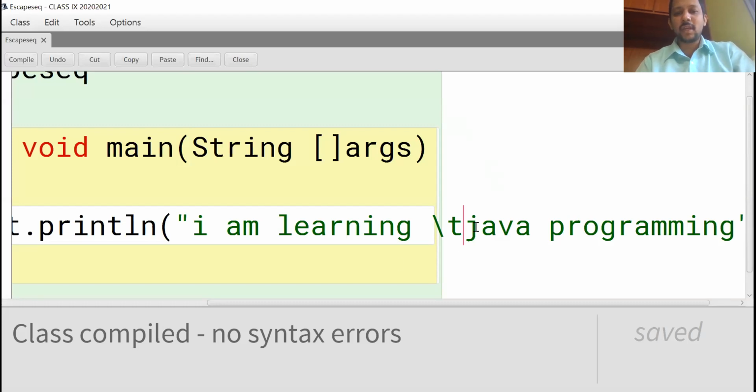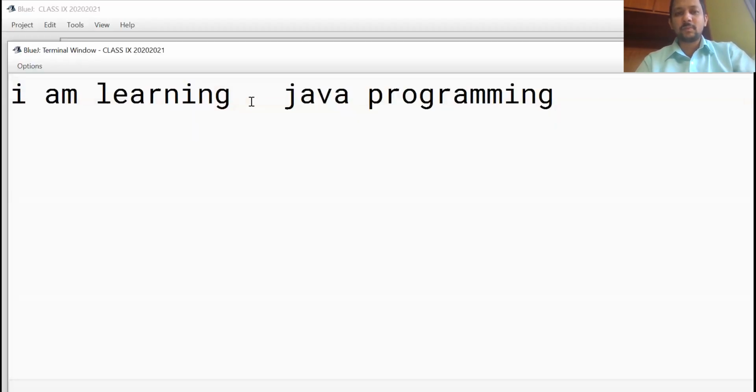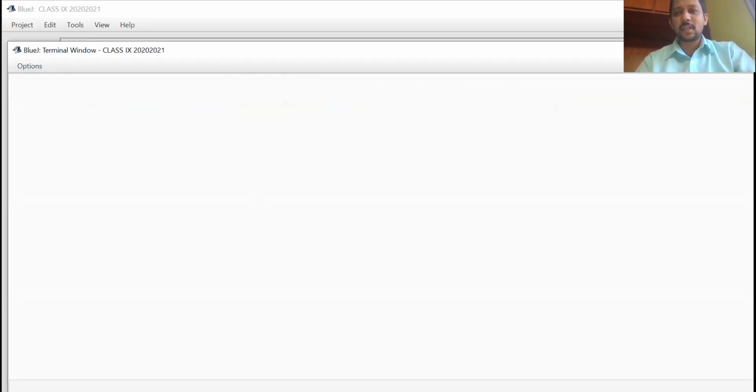We want to give 8 characters of space, like the tab key on the keyboard. I am learning Java programming. Here it will give almost 8 characters of space horizontally. Now execute. This is the space, one tab. Next escape sequence.